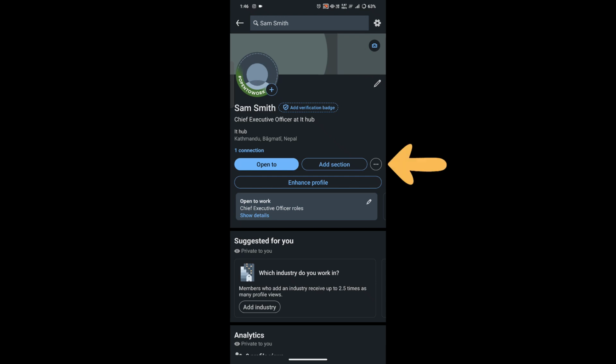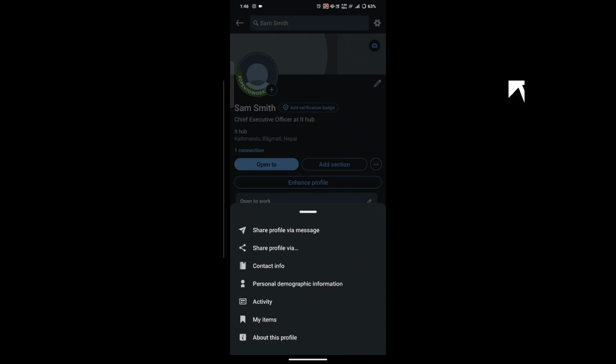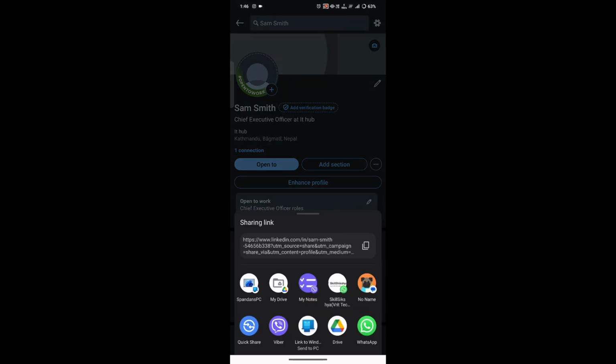On your profile page, tap on the three dots option which is at the side of Add section, and from there click on the option saying Share Profile Via. The name after the linkedin.com/in/ is your actual username, and if you want to customize your username, first of all